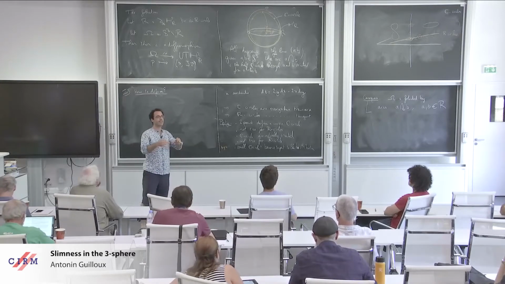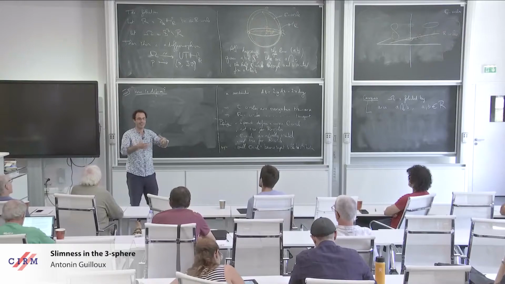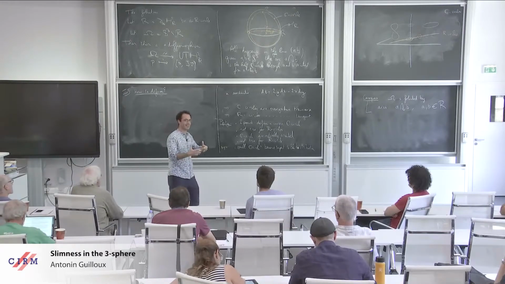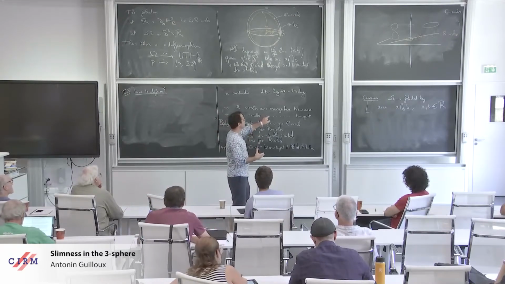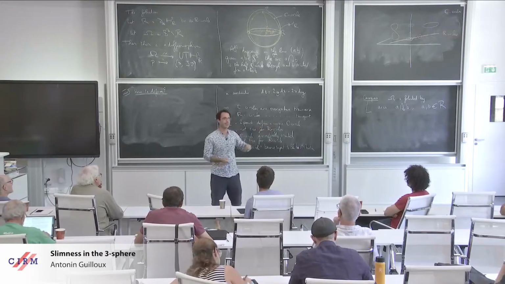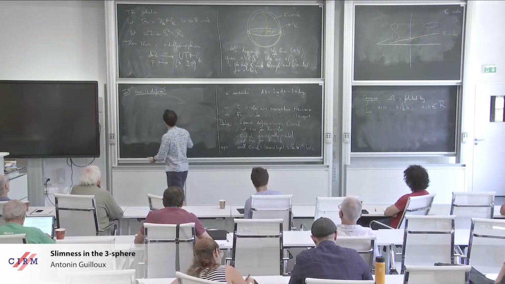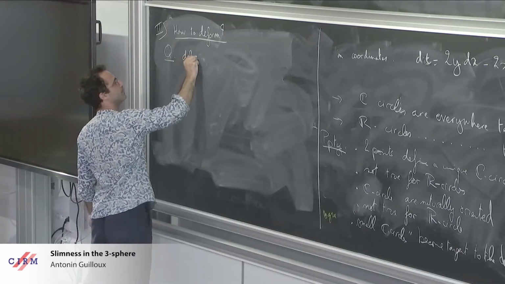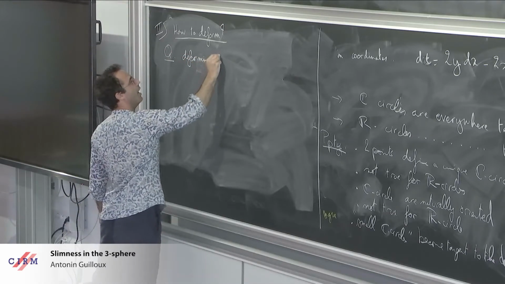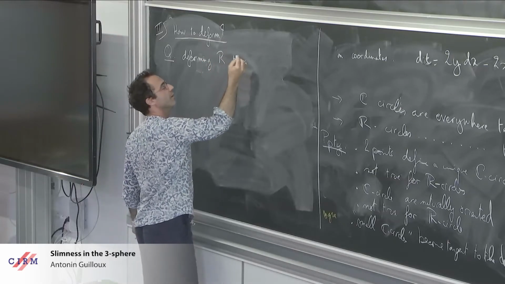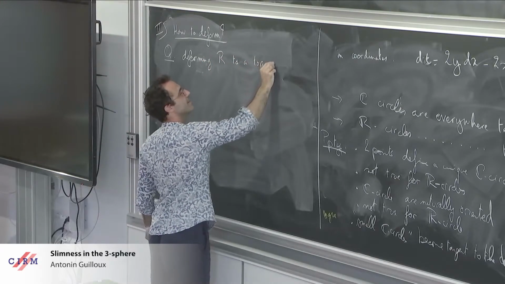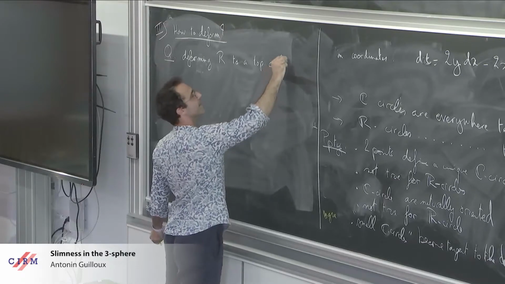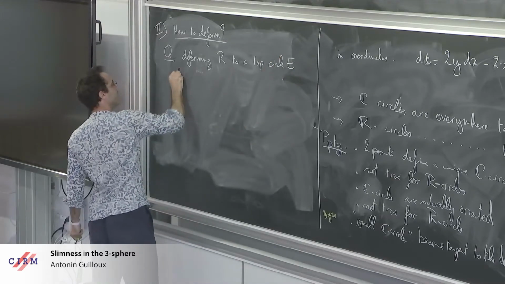I would like to deform it a bit, or not a bit, maybe deform it actually, in such a way that we still have this foliation property. So the question is deforming R to a topological circle, let's say E, such that